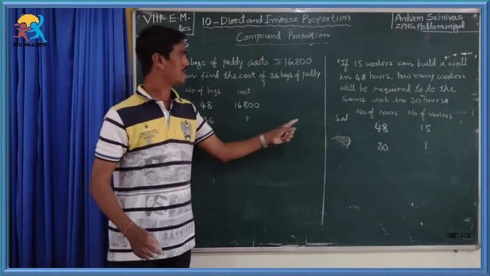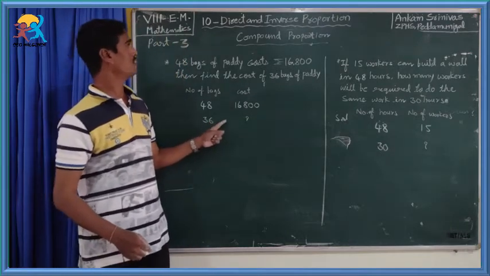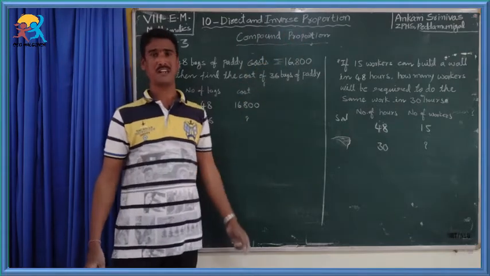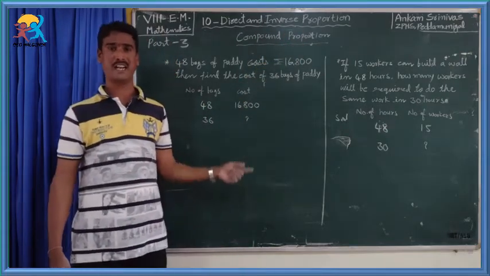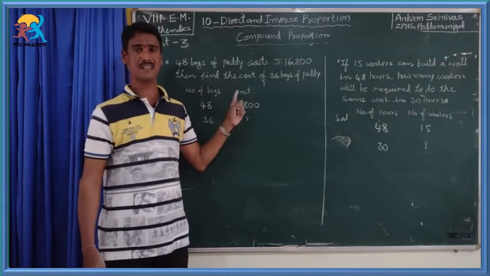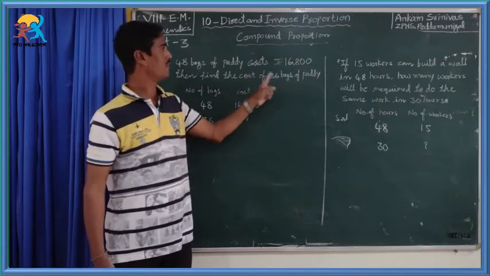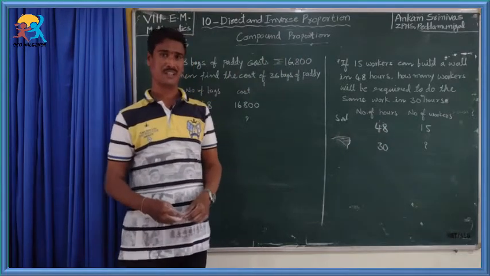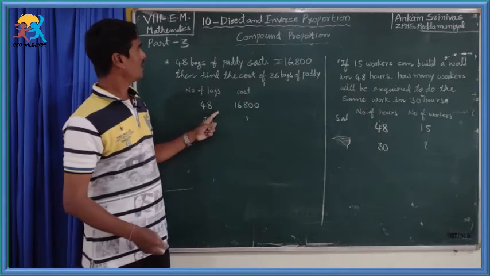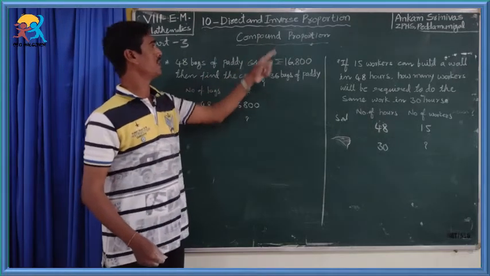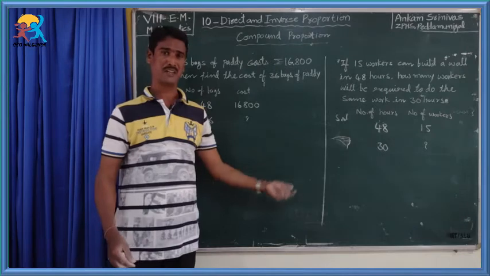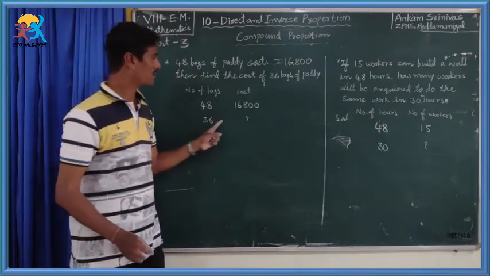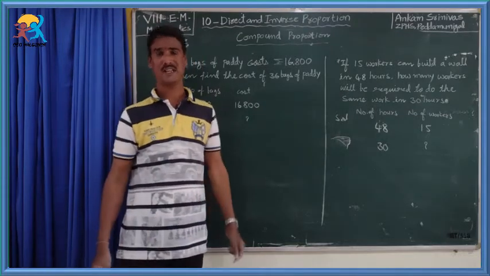In the previous class we discussed the solution of problems that depend on direct proportion and inverse proportion. If the given quantities are in direct proportion, we equalize the ratios, and if the given quantities are in inverse proportion, we take the products as equal. Using ratios equal and products equal, we solved problems in previous classes. Now we are going to solve the same type of questions by another, easier method.